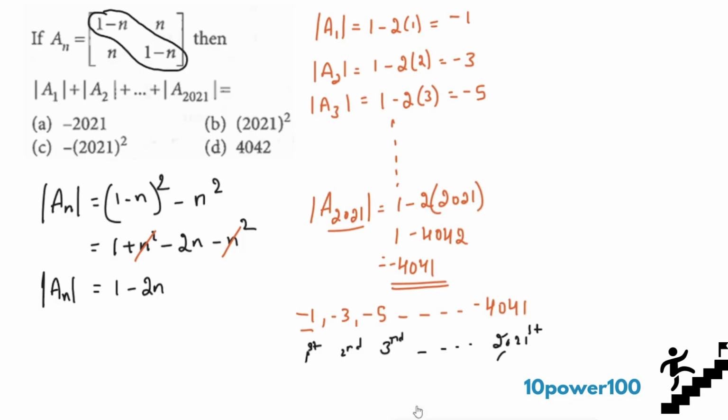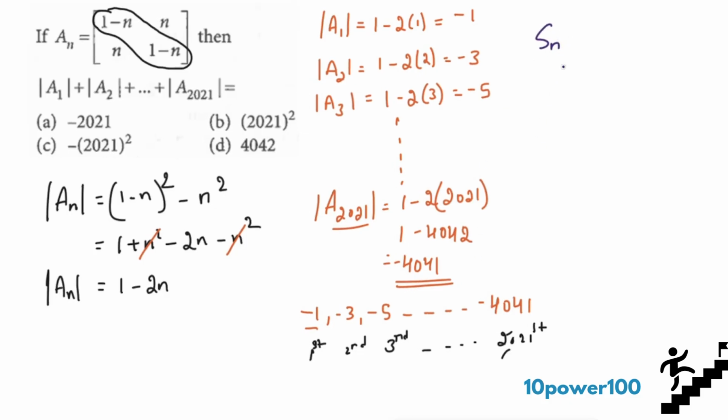So you all know the Sn formula. Sn is equal to n by 2 times 2a plus n minus 1 into d. And if you notice, this is one thing that I forgot to say: minus 1, minus 3, minus 5 up to 4041. This is an AP series, right? The common difference between them will be minus 3 minus of minus 1, so it is